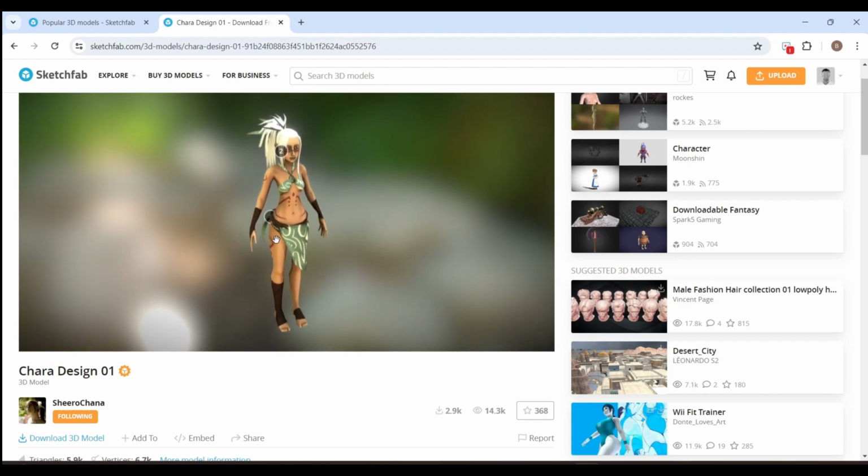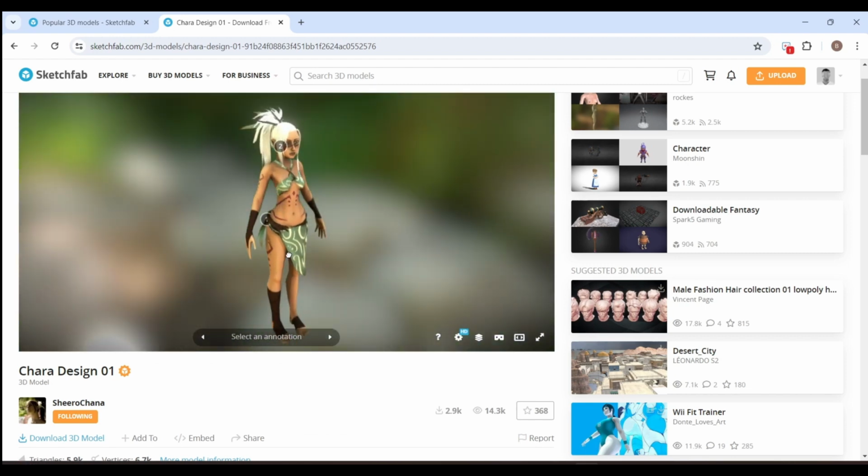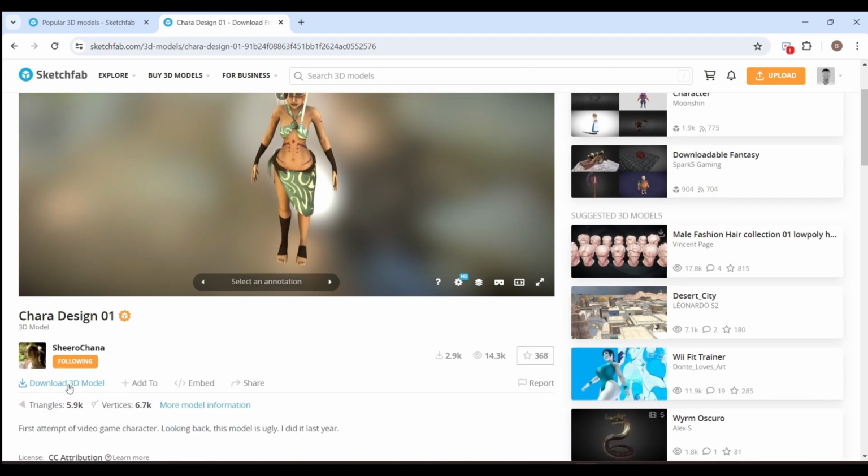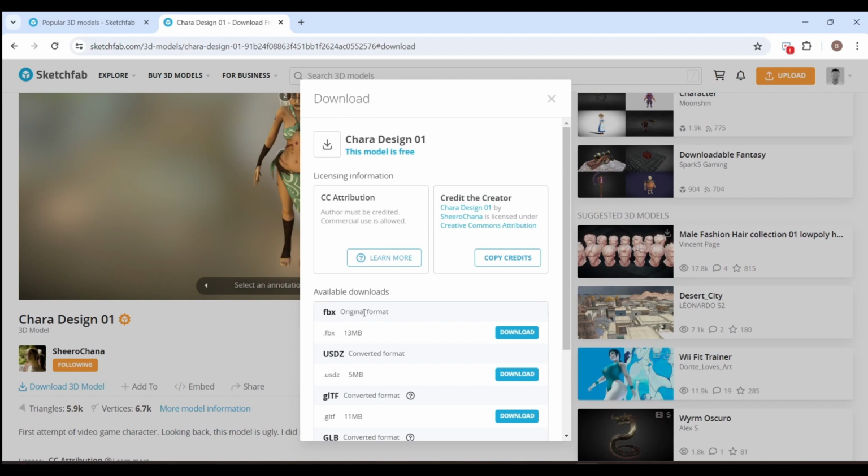So there's a few things that we have to do, guys. We need to rig this in Mixamo as well. So what I'm going to do is download the 3D model. Make sure that when you're downloading models within Unreal Engine, it only accepts FBX or OBJ files. In my experience, OBJ files usually break, or they're not great, or they're too small, or too big. I tend to not have much problems with FBX files. So I'll click download,